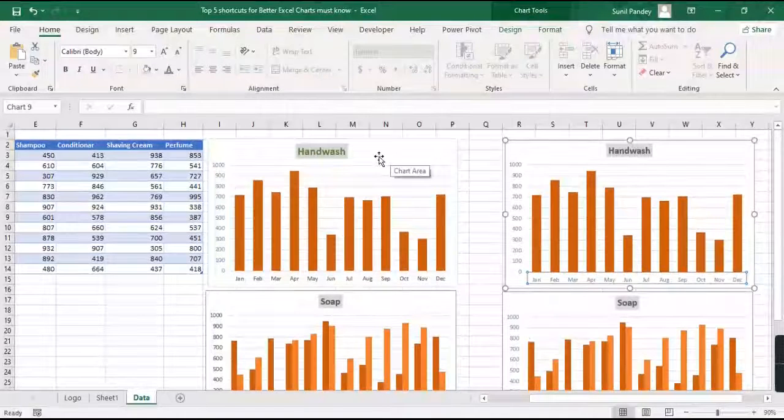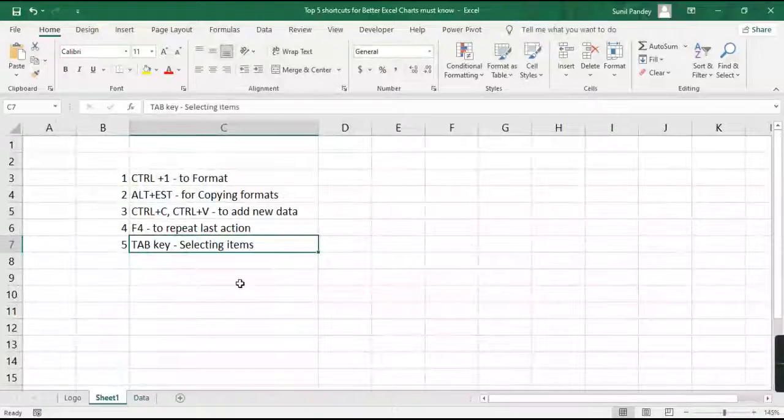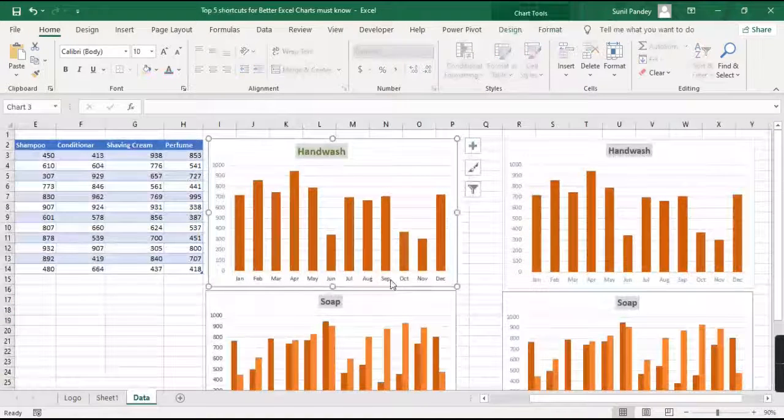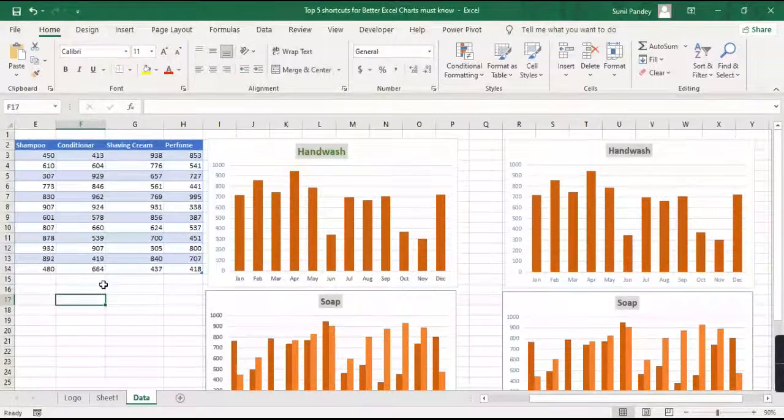So the tab key is the fifth shortcut of the chart, the tab key for selecting the item within the chart. Okay, moving from one axis to another axis for selecting your item within the chart, that is for the tab key. Okay, and